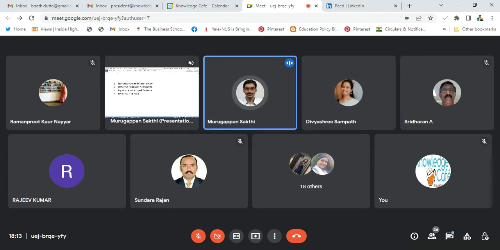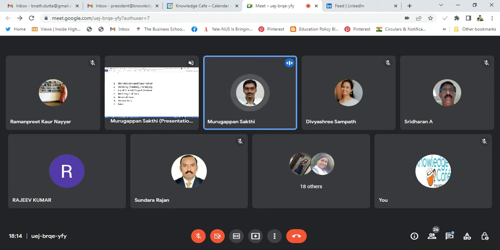Identification and classification, ordering, ranking or arrangements, equal interval, equal distance. We may call it in either way, or whatever equivalent terminology you are using, nothing wrong, and real origin of zero. Whenever we are seeing a data set, we have to apply these characteristics and see whether they can be identified from the data set. Based on that, I can say whether the data set is nominal data, ordinal data,